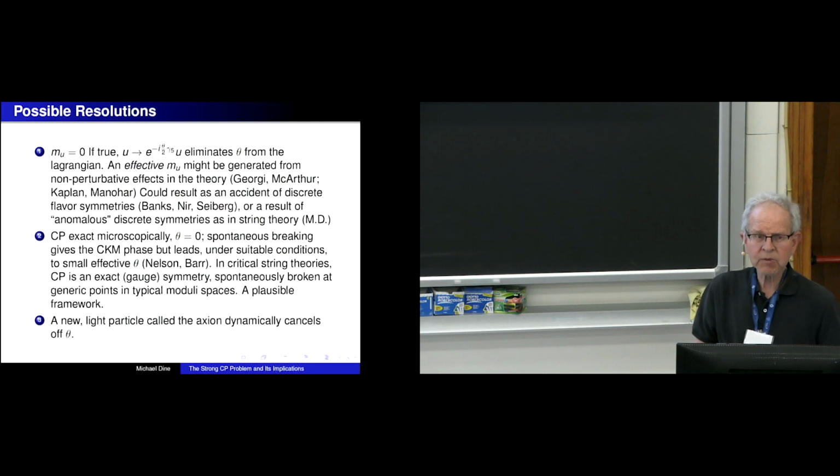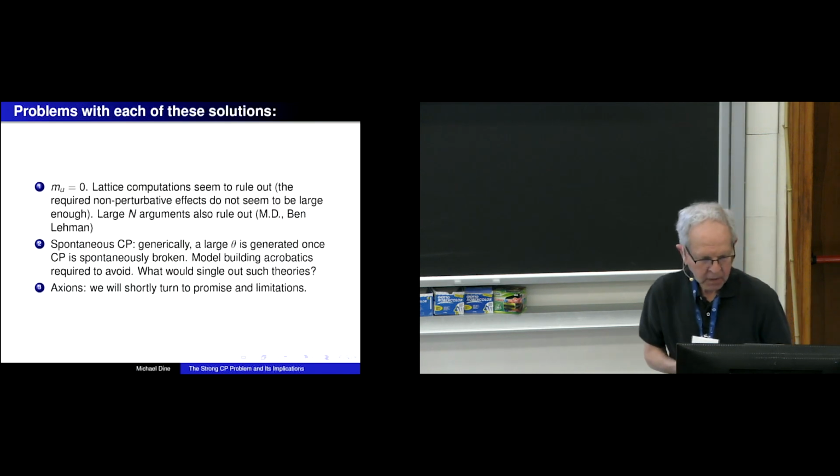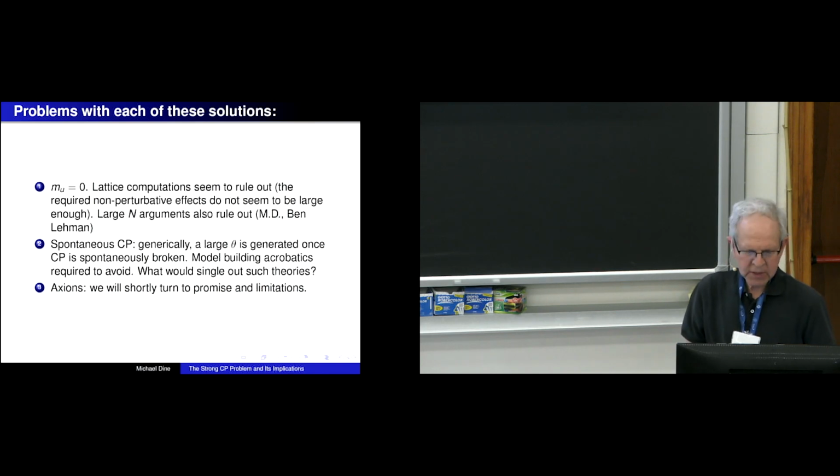And the third, which of course is the focus of this workshop, is that there might be a new light particle called the axion, which dynamically cancels off theta. So each of these solutions has its problems. So mu equals 0 is problematic for several reasons. Most dramatically because lattice computations seem to rule out the required non-perturbative